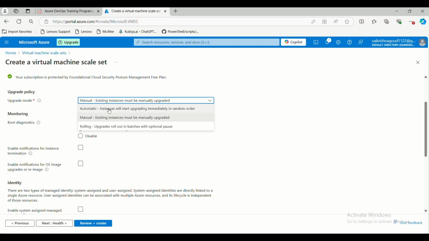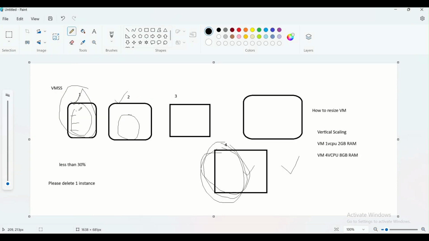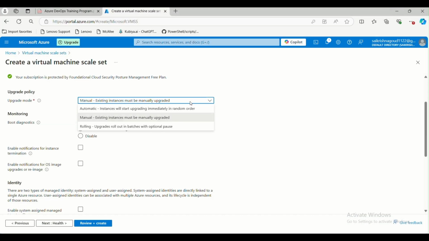Or else automatic. Instances will start upgrading immediately in a random order. So if you select automatic, what it will do in a random order? First it will upgrade this one, and then this one, and then this one, one by one. It's a random order. It will start upgrading. It will take care. If you select rolling, then